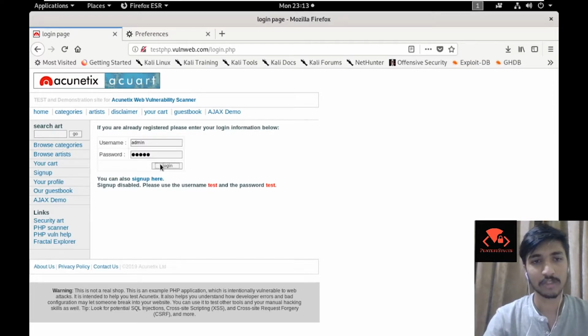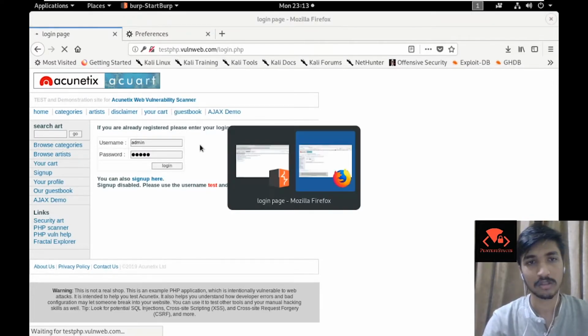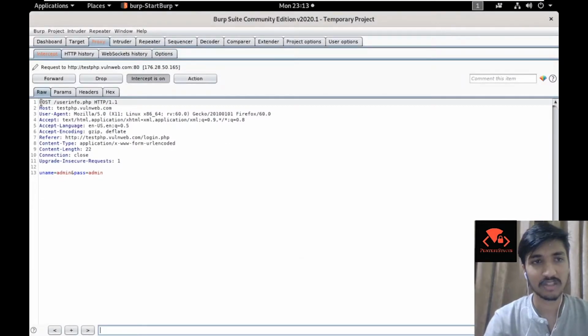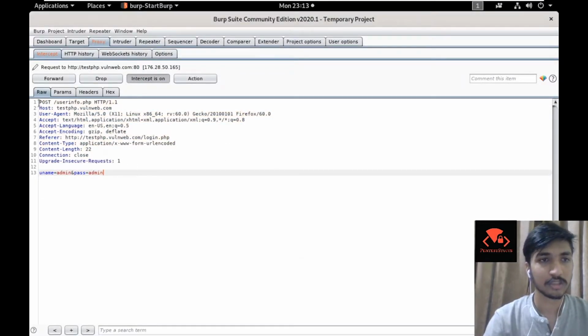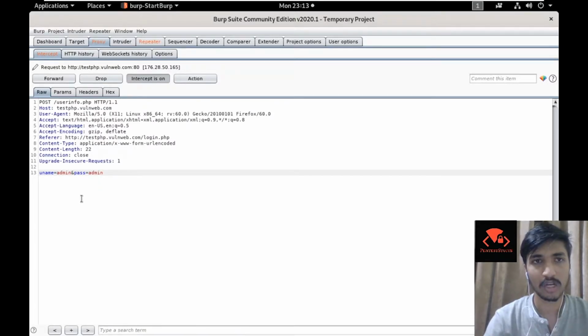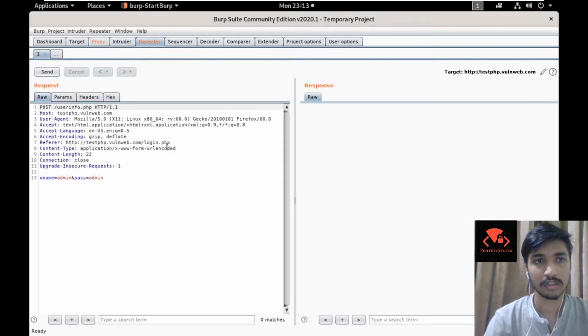So test would be a user and then we would just go. So here we got our admin and here you could see the request right here. So you could either read this and try to change any parameter here, or you could just double click and send to repeater, or you could just press Control R to send to repeater or intruder or wherever you feel like.